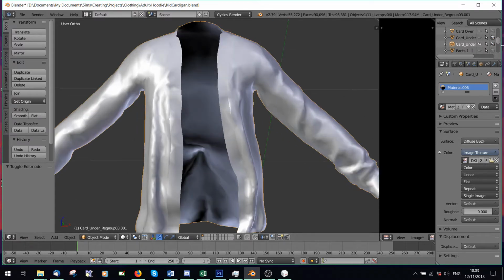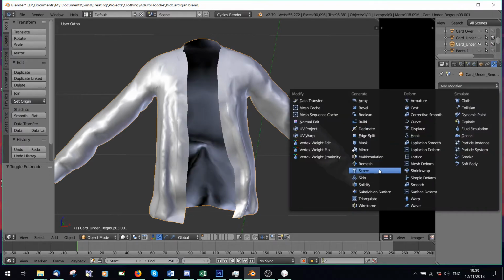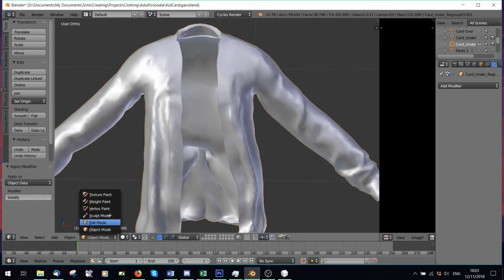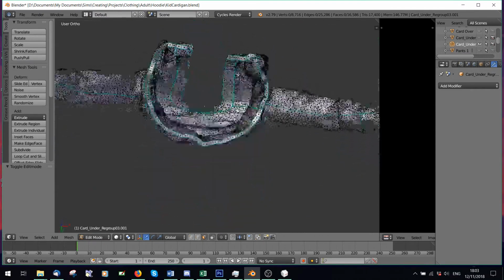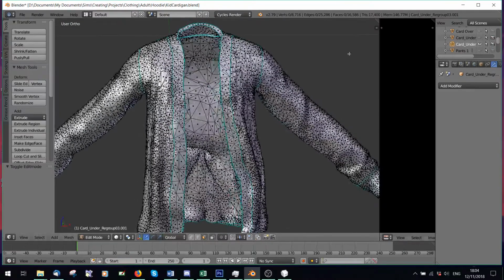Now the coat, I have two different ways of being able to do it. So the first thing I can do is to solidify the entire thing. So I could go here and say, solidify, and then edge split. Let's just do that for now. Obviously, I already have 17,400 verts just for the coat without the top because I've solidified the entire thing, which isn't very good. So then I would have to try and just delete as many faces as I can that you can't see under the body. So let's just say,